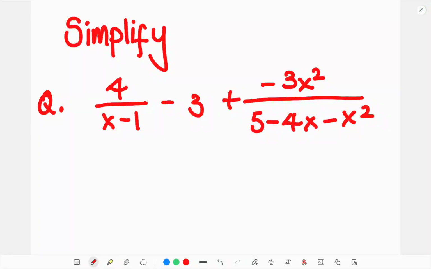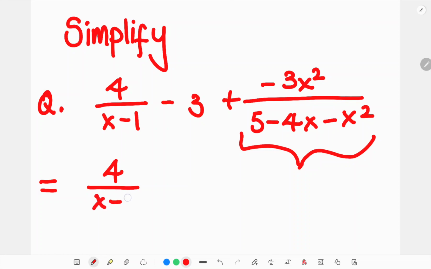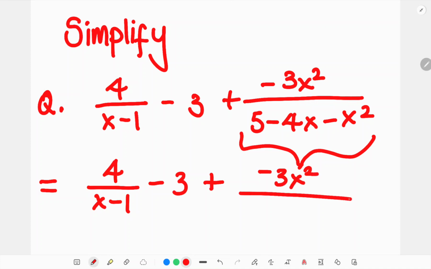In this video, we're going to simplify the following problem. The first step is to factor out a negative sign on this last part to see if we can eliminate the negative. How are we going to do that? We're going to have 4 over x minus 1 minus 3 plus, and the top part doesn't change, it's minus 3x squared over